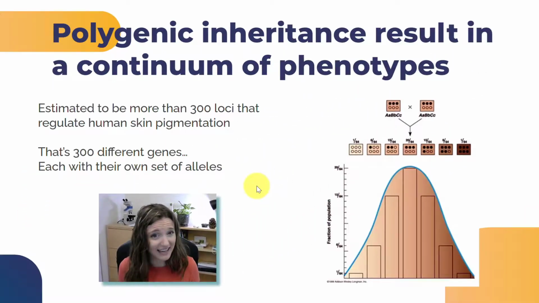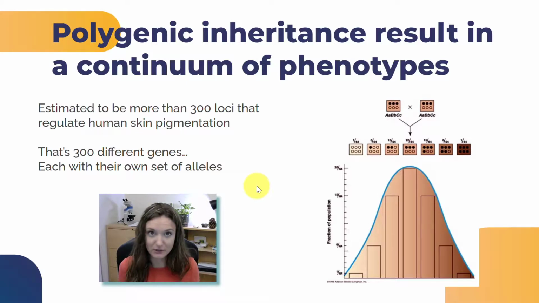And on top of that, not only do we have many different types of alleles that produce different variations of skin color, humans actually have over 300 genes, 300 loci, that the combination of all of these genes with all of their own unique set of alleles, sometimes more than 2 alleles at each loci, that all combine to produce skin color. So, in polygenic inheritance, when there are multiple genes contributing to a final phenotype, we tend to see